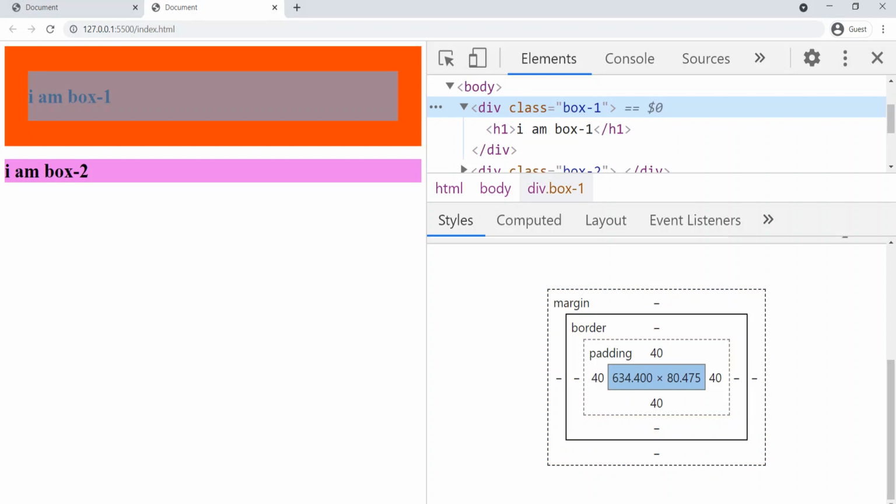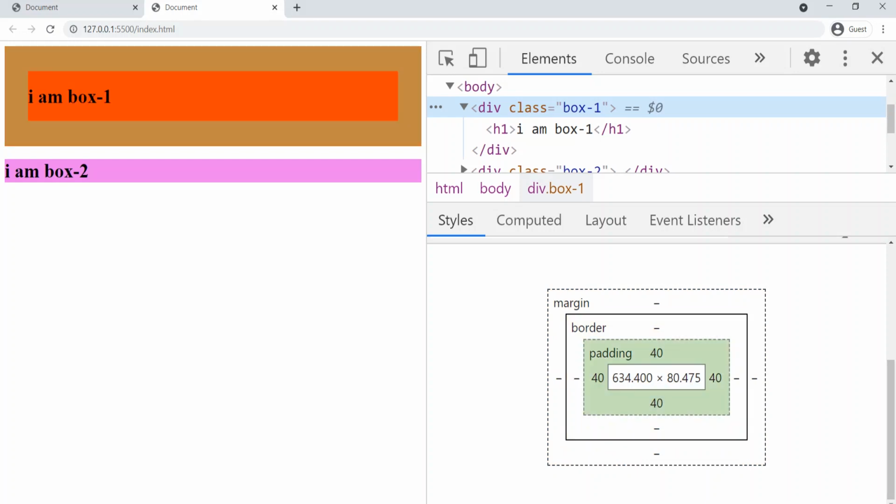So this is the diagram we have drawn just now. This is a padding of 40 pixels. You can see if I hover my mouse cursor here, you will get a different color at that point. So you can see that is the padding. Now you can see the margin is empty. Now let's give some margin also.